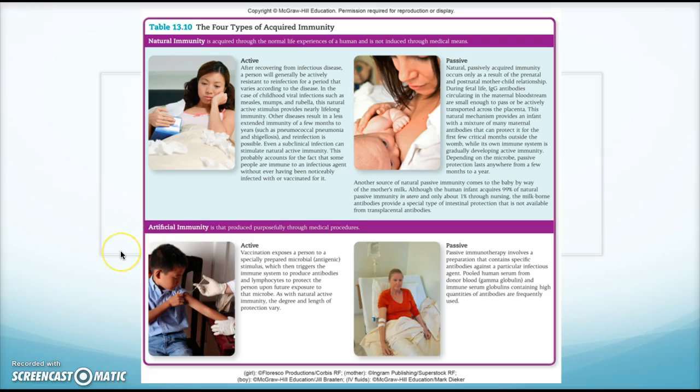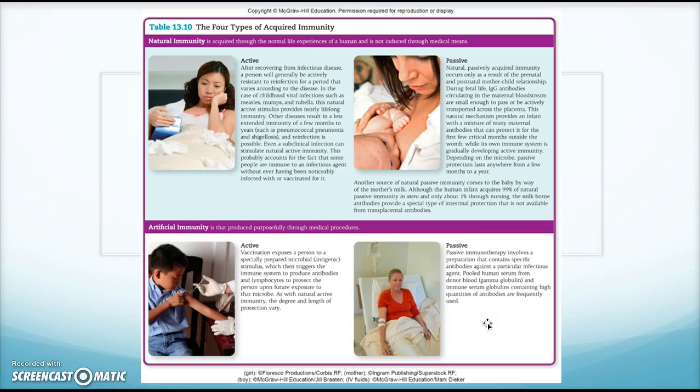The first type we would say is active, and this is where we have a vaccination, where you're exposed to a particular antigen, and then your own immune system is what gets ramped up, stimulated, and protects you and also forms a memory. We can have passive immunotherapy, and in this case it would be specific antibodies against perhaps a